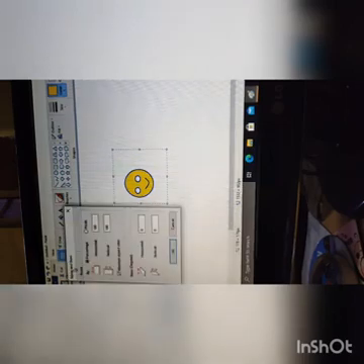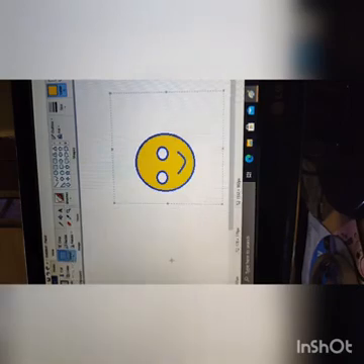Resize and skew help box will appear. In the horizontal and vertical, I will have to give a value. I am typing 200, and I will have to check the option maintain aspect ratio, and click OK.